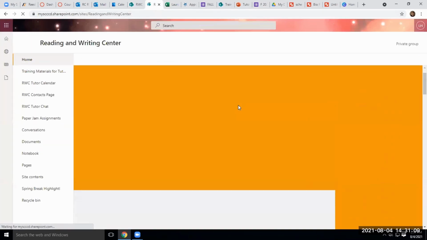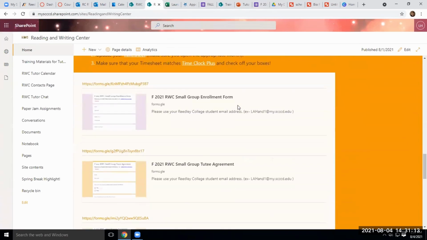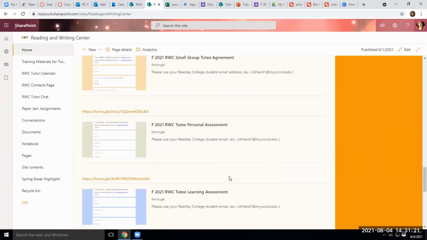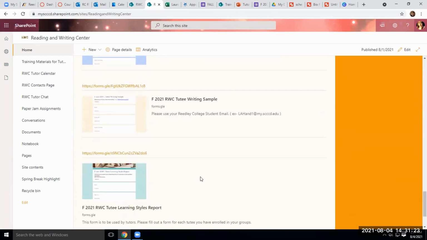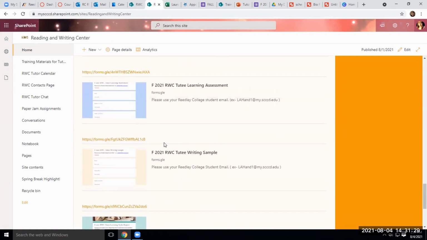they are located at the bottom of the home screen on SharePoint. So I have them in order. It starts with the enrollment form, but then it goes the agreement, the personal assessment, the learning assessment, the writing sample, and then the learning styles report that we fill out. So anytime you need to grab one of these links, you can just come onto SharePoint and copy and paste